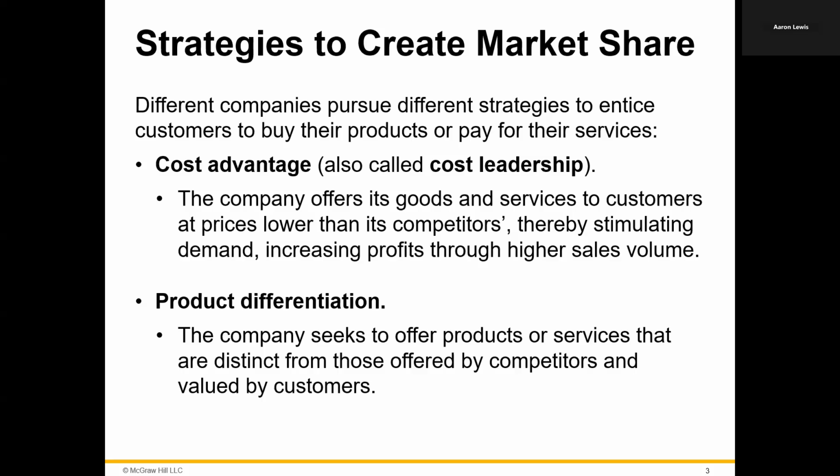And if that doesn't work, how do you make your product into something that somebody else would want above your competitors? Well, you make it different. So you can survey the general public and figure out what they want out of a cell phone or a guitar or a laptop or whatever you're selling. What are the features that they want? And find a way to make your product meet the needs of the people that would be willing to buy it. Having a different product will increase your market share, increase your overall profitability.